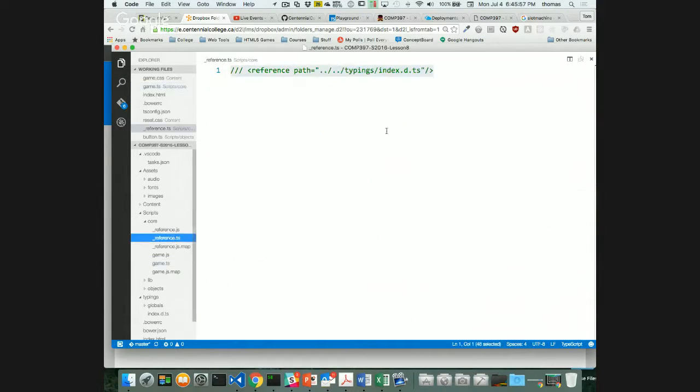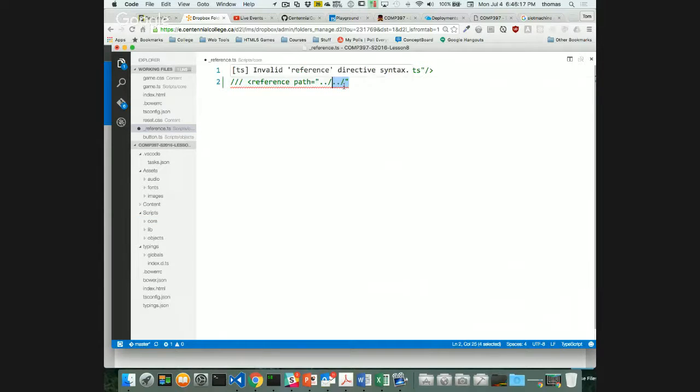So in my reference.ts file, here's my reference.ts file, I need to reference my new module. So here's my reference. I'm referencing my module, so path is equal to dot. Let me just check this out for a second. Hold on. So I go up 1, right? It's to core. I go up to my scripts, and then I go down into objects, and then down into button.ts. Now you know that this is the path, right? So I need to go up 1 to my scripts folder, because I'm in core, I go up 1 to scripts, and then go down into objects and reference my